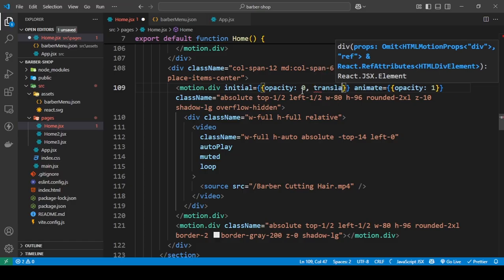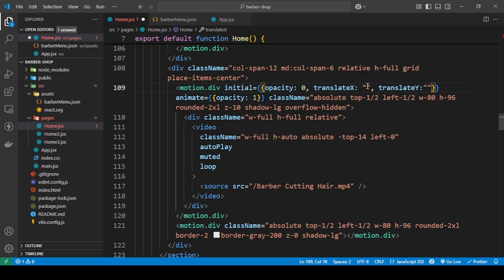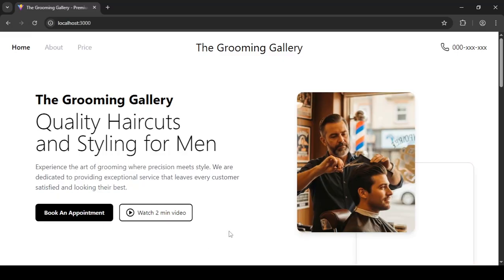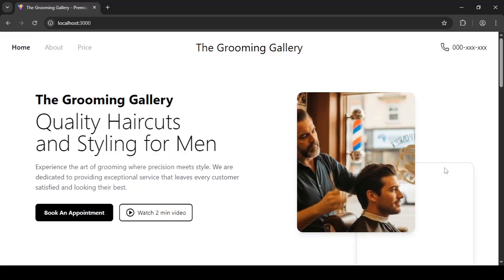So translate X and translate Y. First, we're going to make sure that this is in the center. We do that by negative 50%, and it is the same for this. And just to show you, as you can see, it is in the center, and this is the second